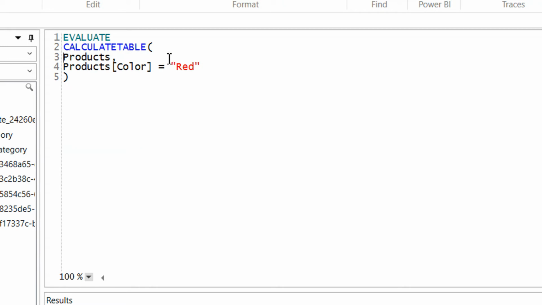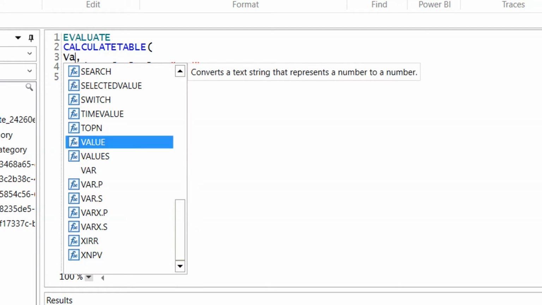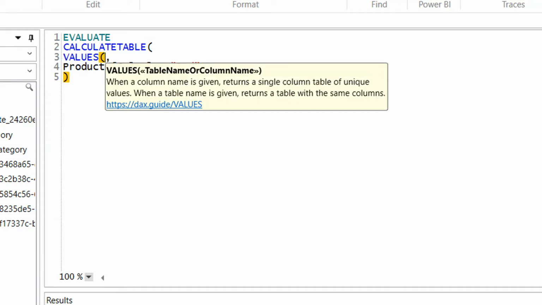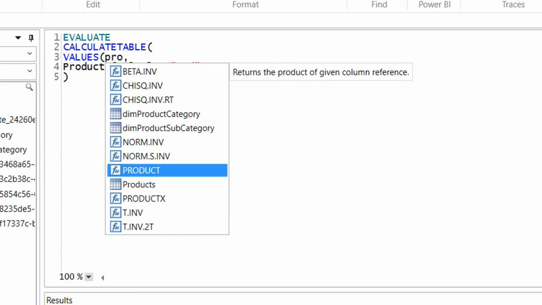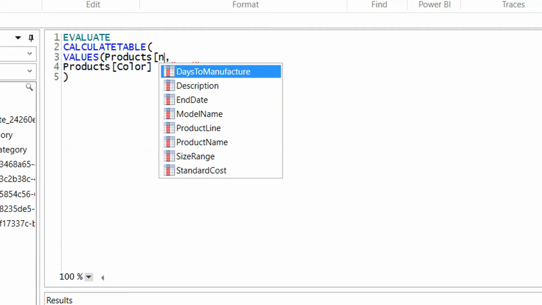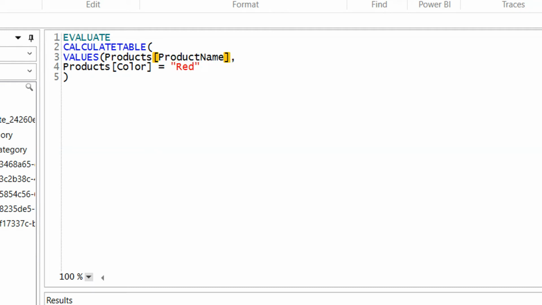So what we can do here, instead of giving the complete products table, we can use a single column using VALUES. VALUES, when a column name is given, returns a single column table of unique values. So we have to provide here the Product table and the column name is product name.